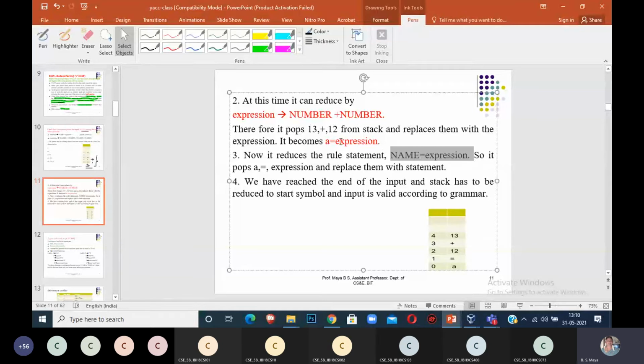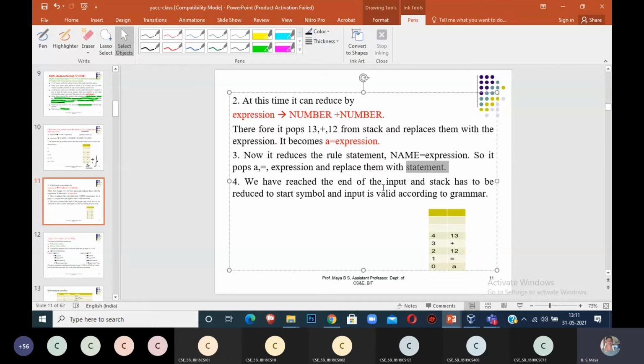This is my grammar: A is name, equal is a symbol, expression is a non-terminal. All 3 are the same. So it pops expression, pops equal and pops name, and replaces them with statement. So it pops A equal expression and replaces it with the head of the production, called statement.